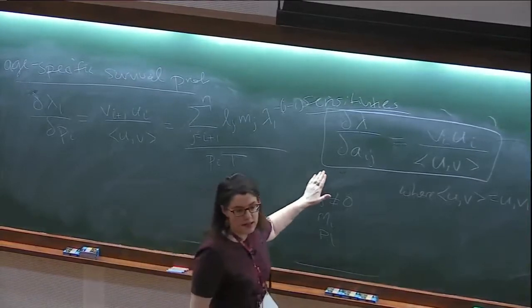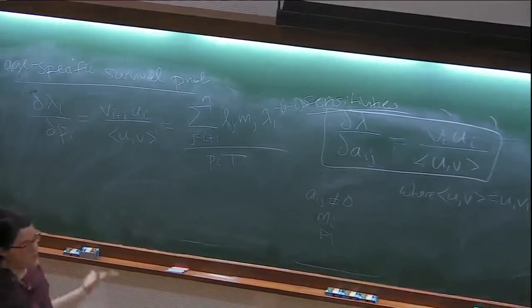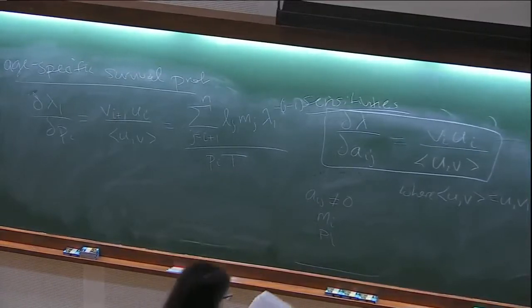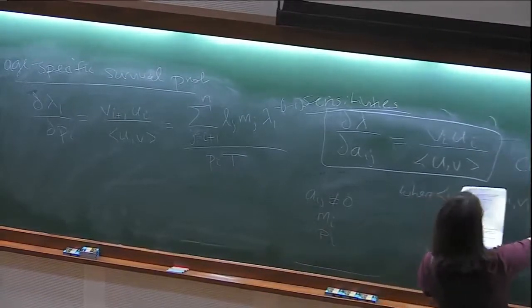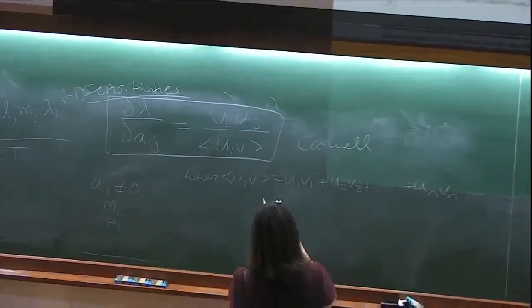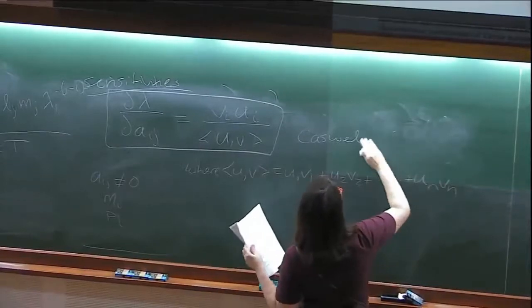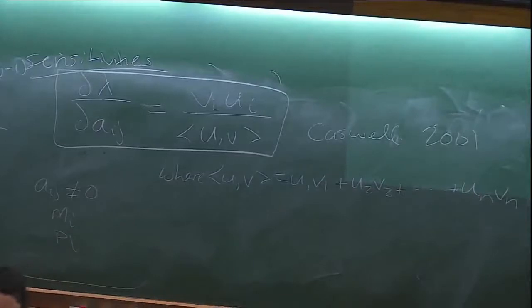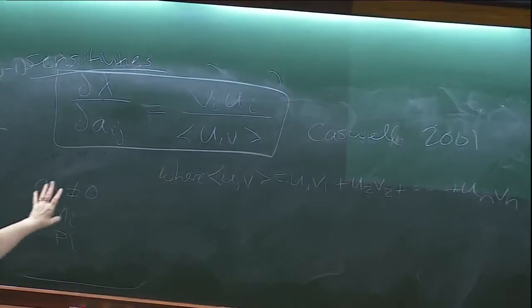This sensitivity, I don't know that there's a specific name. There's different versions of it. This version, if you look in Caswell's book, I have the first edition, which is maybe 2001. I'll give it to you later. The Matrix Population Models book by Caswell has a nice discussion of it. That's not the only way that I've seen it written, but that's generally the way that people who work on life history analysis write it.